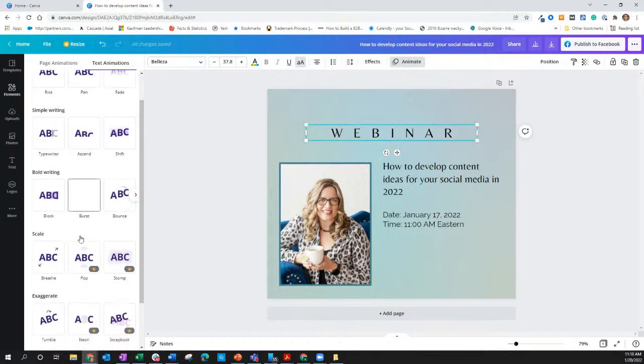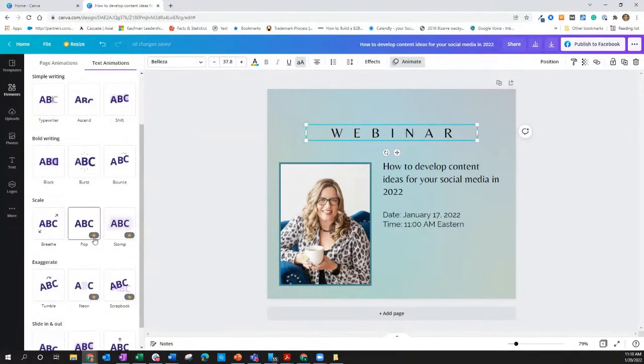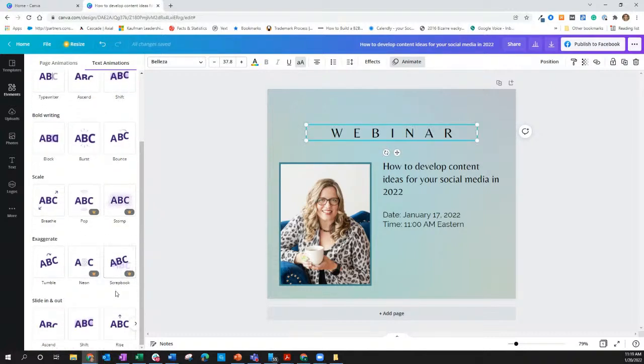Again, you'll start to see anywhere you see this crown, these are premium items. So you have to be a paid subscriber to get that, but you can do a lot of this even without that premium subscription. Personally, I prefer the premium subscription because, well, one, I'm a big Canva fan. And overall, $119 a year isn't terribly expensive in relation to the $50 or $60 a month I pay for Adobe Creative Cloud. But having these options, having these different formats that you can use is just